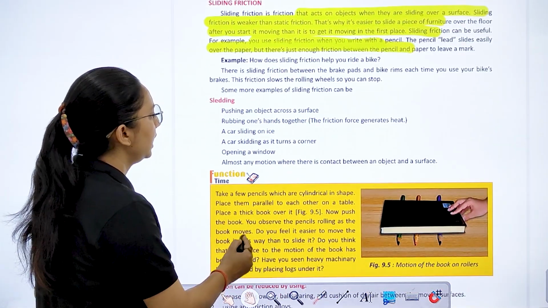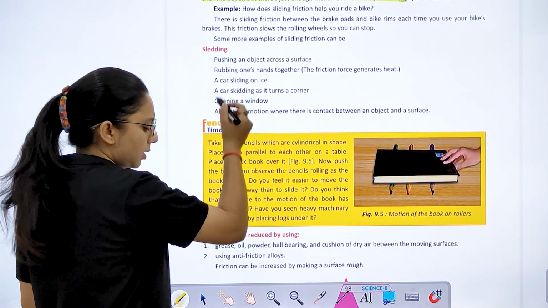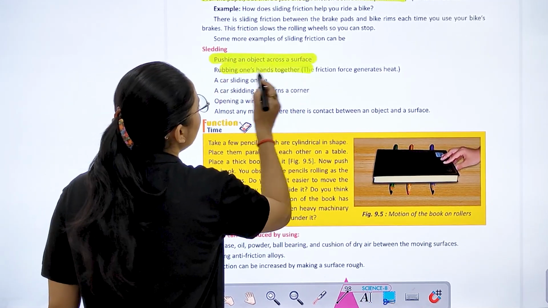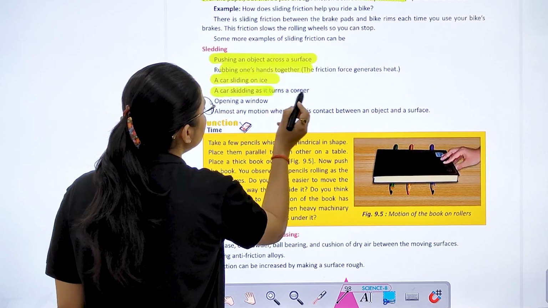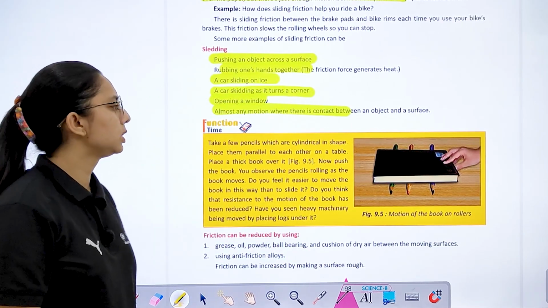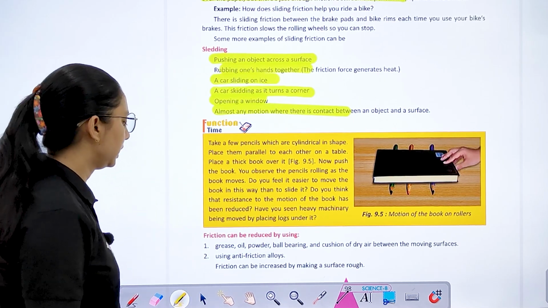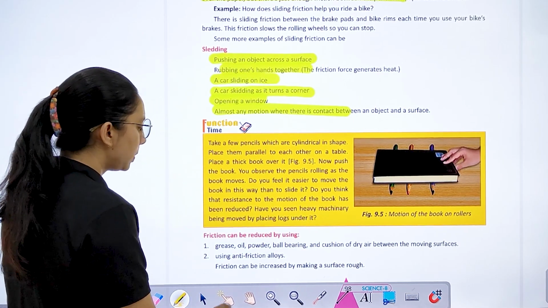Now what is sliding? Pushing an object across a surface, rubbing one hand against the other, a car sliding on ice, a car skidding in turns, opening a window, and almost any motion where there is contact between an object and a surface, we call it sliding. Now friction can be reduced by using